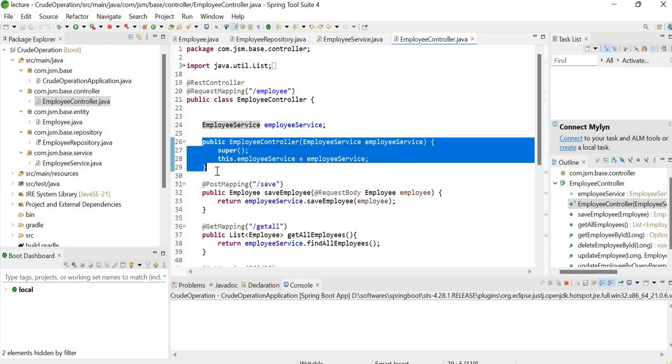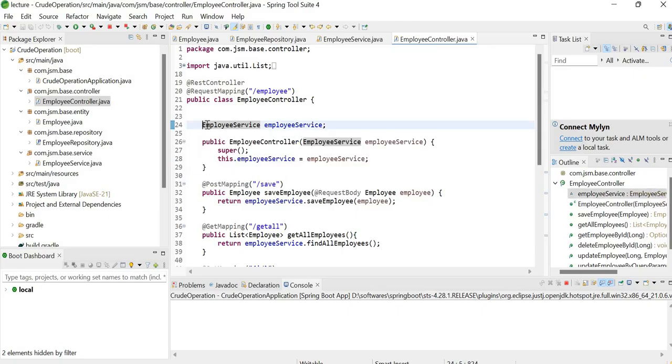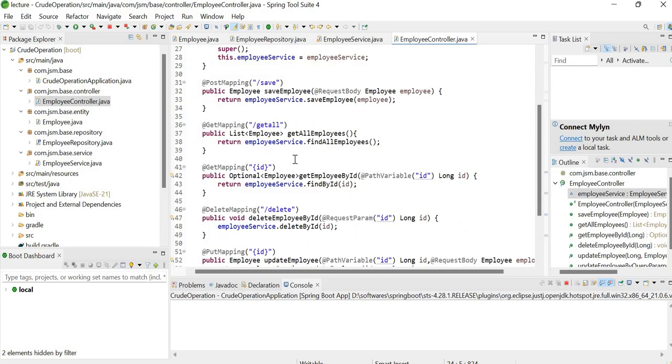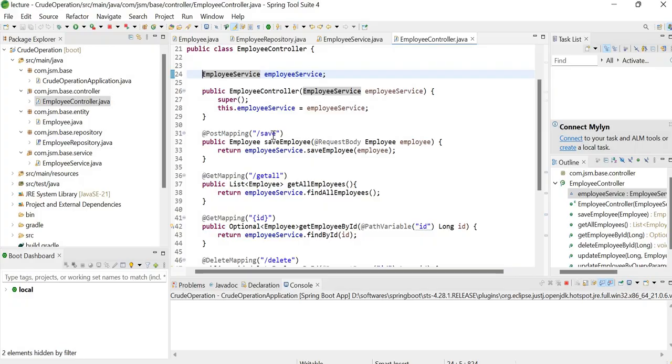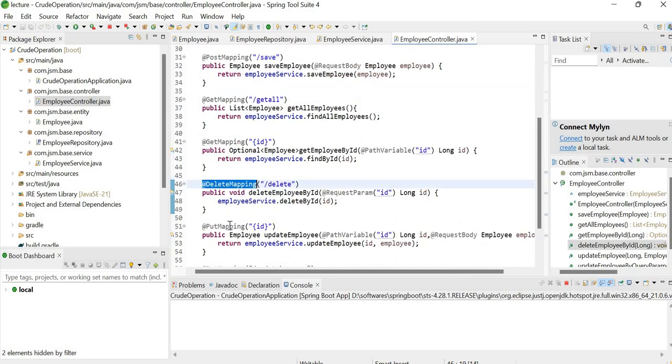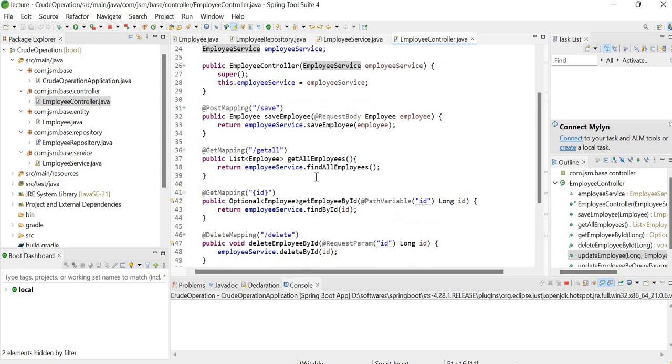Even if you will remove this constructor and use @AutoWired annotation on the top of this employee service, it will be okay, right? Both will work. And we have used this post mapping, get mapping, delete mapping, put mapping. All the methods we have covered,